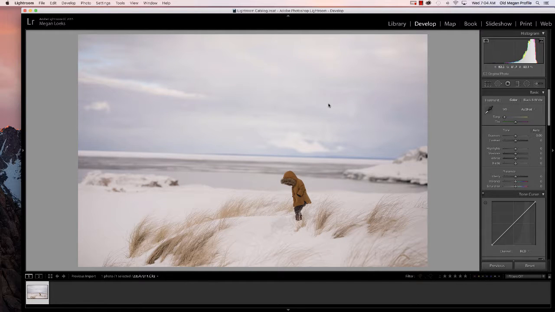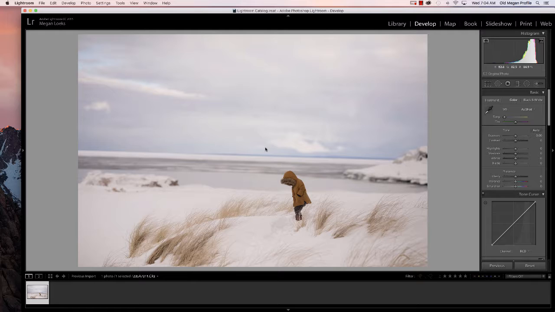Everyone, this is a winter image I took, one of my favorites. It's actually along the shoreline of Lake Superior near our home, and it's one of the Great Lakes. It's a massive lake, and it's very cold. It's as cold as it looks, but the sky was really beautiful this day, and